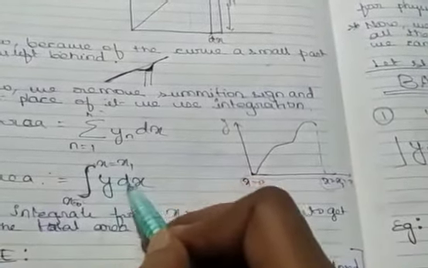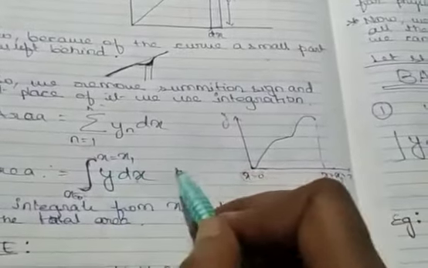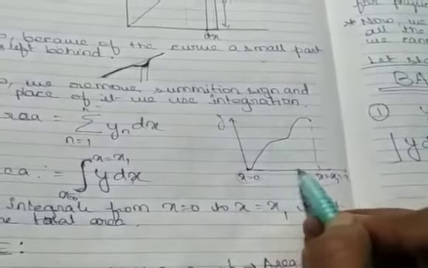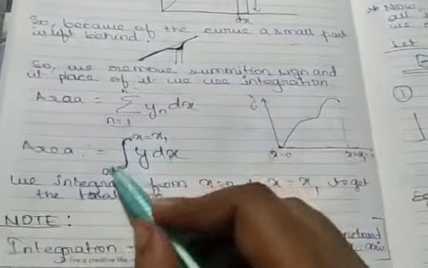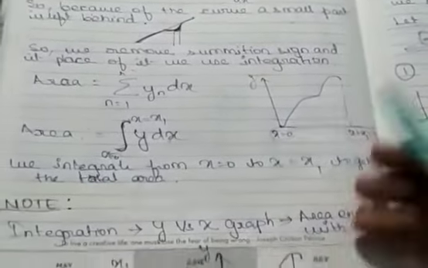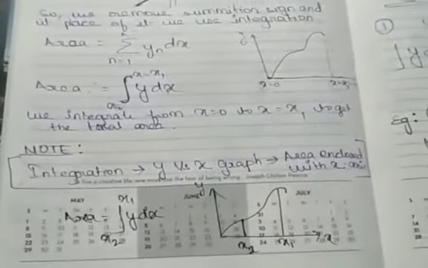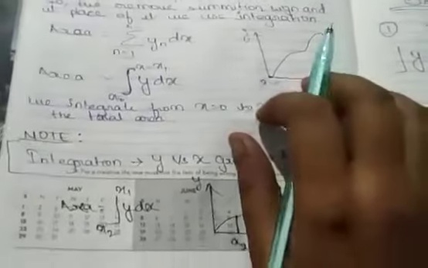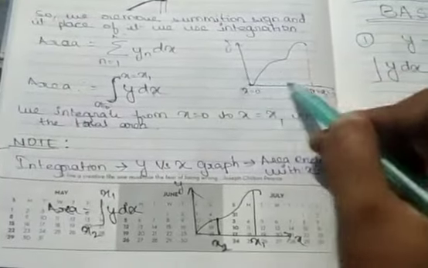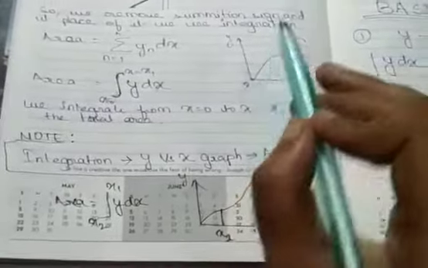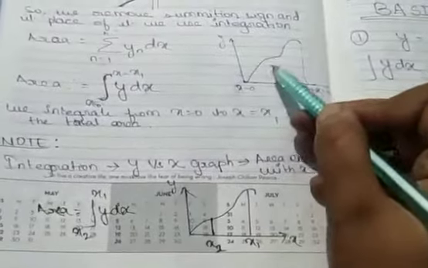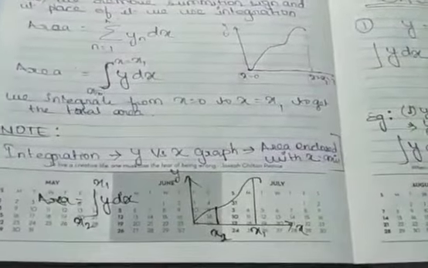I will integrate everything under this y dx, where y is changing with respect to small dx. So what is this integration giving me? Integration is giving me the area under the curve. Okay, so here is one important thing. We have learned integration today. When I draw a y versus x curve, the area enclosed under this curve is given by the integration.